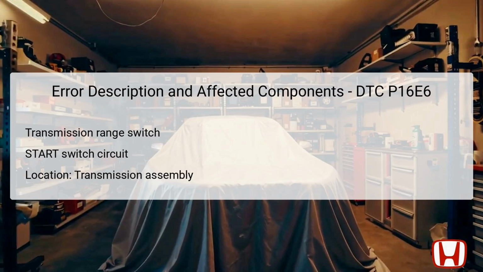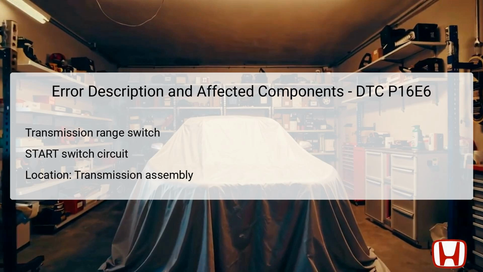DTC P16E6 points to an issue with the transmission range switch start switch circuit. The transmission range switch is a pivotal component located on the transmission assembly, playing an essential role in determining the current operational gear of the vehicle. This switch monitors whether the transmission is in the park or neutral position and signals accordingly to the Powertrain Control Module, PCM. The start function is critical for vehicle ignition, ensuring the engine can only start when in the proper